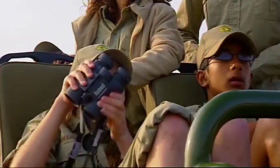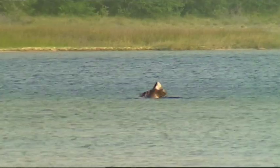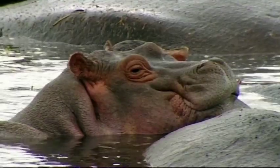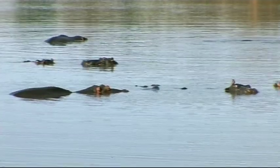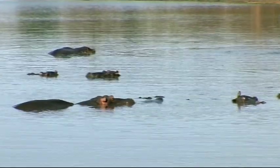He's so wrinkly, he reminds me of my grand. They're all swimming up to their nose under the water, and then every few seconds they'll lift up and then go back down again. It's really fascinating to watch. There was a baby and he was opening his mouth slowly with the binoculars. We've learned that they've got a gland that lets out like pink sunscreen, so it protects them from the sun. A group of hippos is called a bloat, but they're not the only aquatic animals that are found